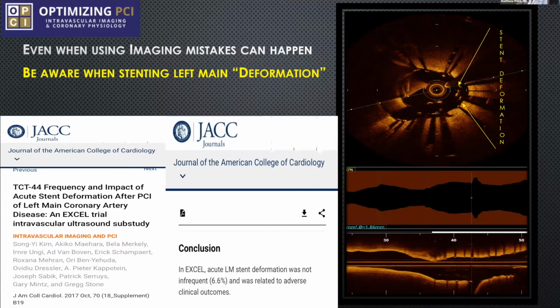As you pointed out, Matt, there are 2 layers of stents there. Now, you might look at this superficially, and if you had an overlap of 2 stents, you would say it's just 2 stents that overlap, you just have to balloon it. But what this actually is stent deformation. And it comes from the guiding catheter in the left main with the stents we use. And this was described in JACC, the frequency and impact of acute stent deformation after angioplasty of the left main in the EXCEL trial. And it happens 6.6% of the time, and has very adverse clinical outcomes,